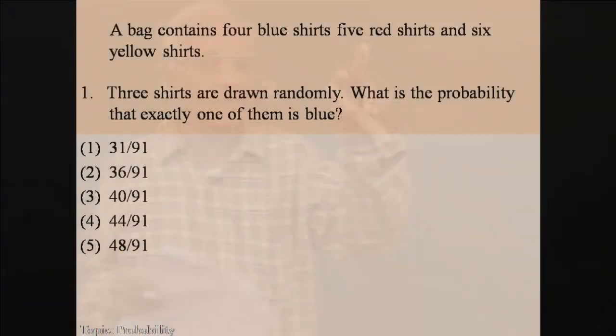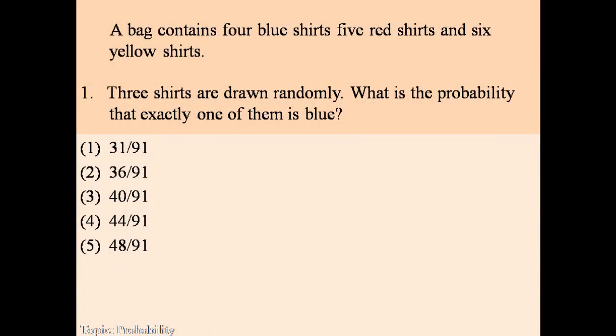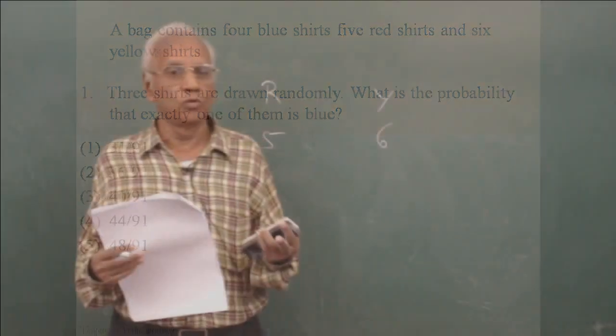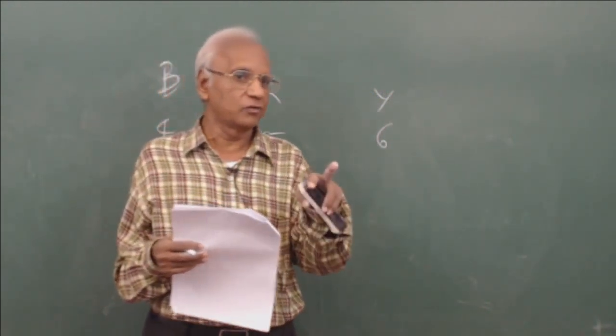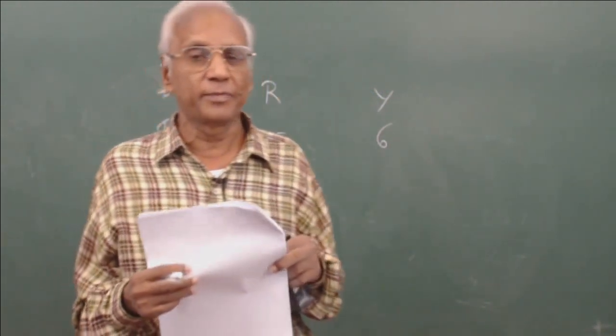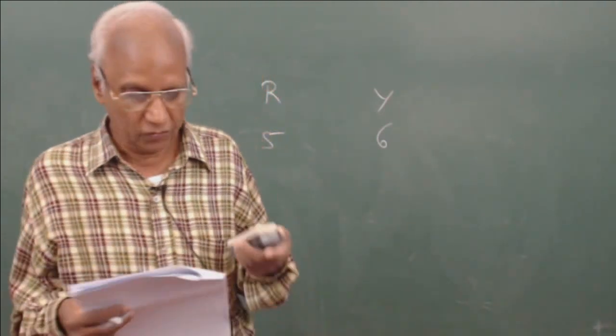This is different. What I said is, it may be at least one. At least is different from exactly. This question we are not talking about at least one. I was mentioning is sometimes people confuse between this choice and that choice. Exactly one of them is blue means other 2 should not be blue. Other 2 should be maybe yellow, both may be yellow, or one may be yellow and another may be red, or both may be red. That doesn't matter. But exactly one of them is blue means only one and only one should be blue. Whereas if we say at least one blue, then 1 may be blue, or 2 may be blue, or 3 may be blue. So that is a different question. So we should not confuse. Very often people mistake one question for another and do wrongly. So you have to be careful here.